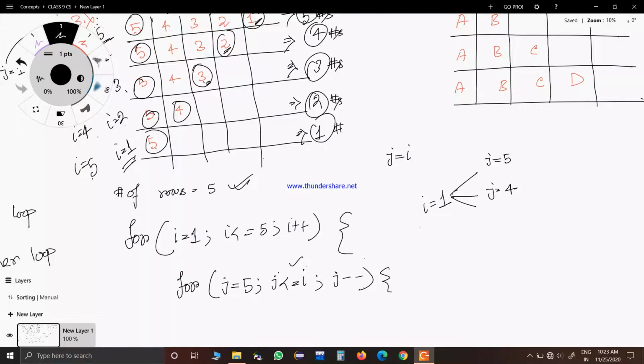Sorry. Here we have to put the greater than or equal to condition, not less than or equal to.